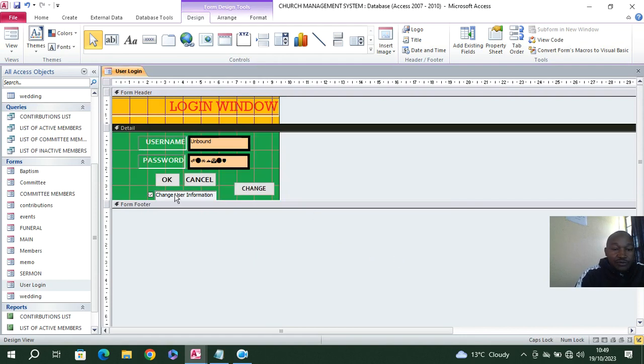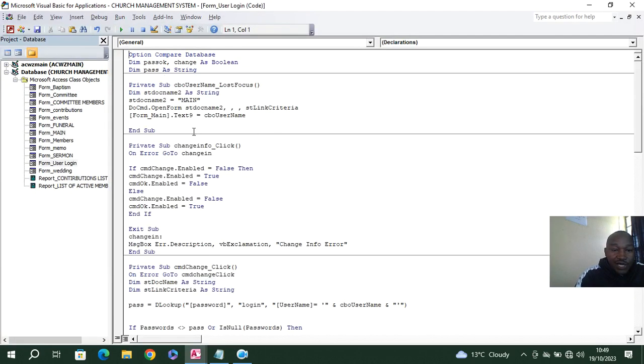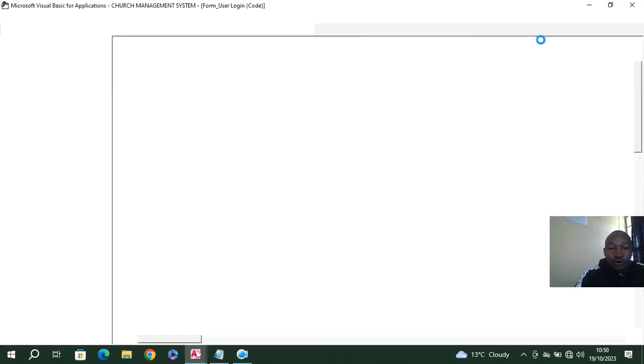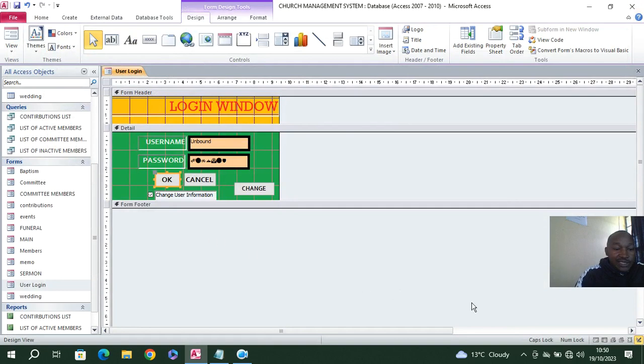The next thing I do is to go to this OK button and click View Code. So I just need to change this text 13, only that. So this is the code. You have seen how I've gone about it. I have just clicked on OK, then View Code, then just changed the text box. You have seen all the procedures that I have used. So guys, once I do that,